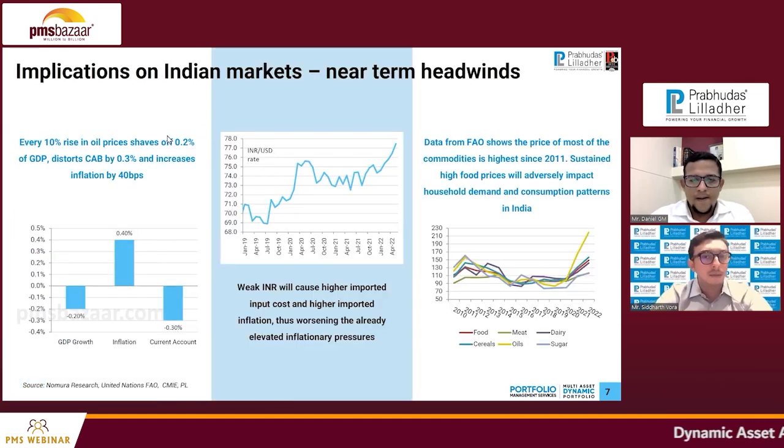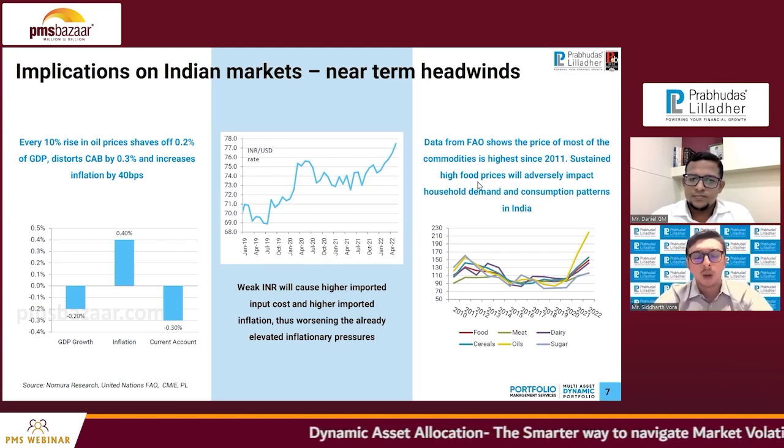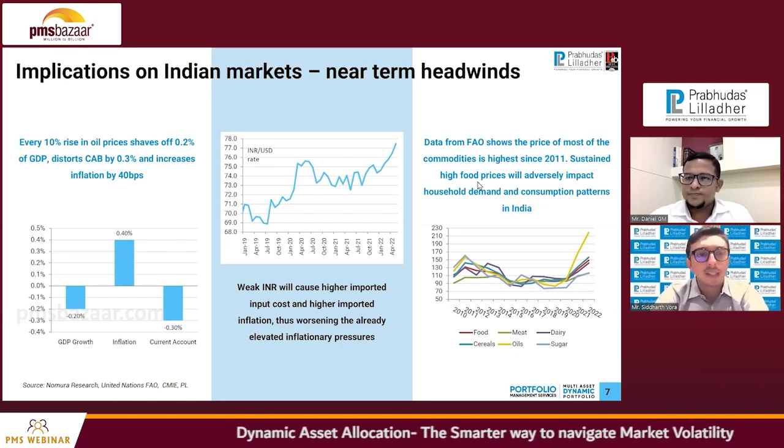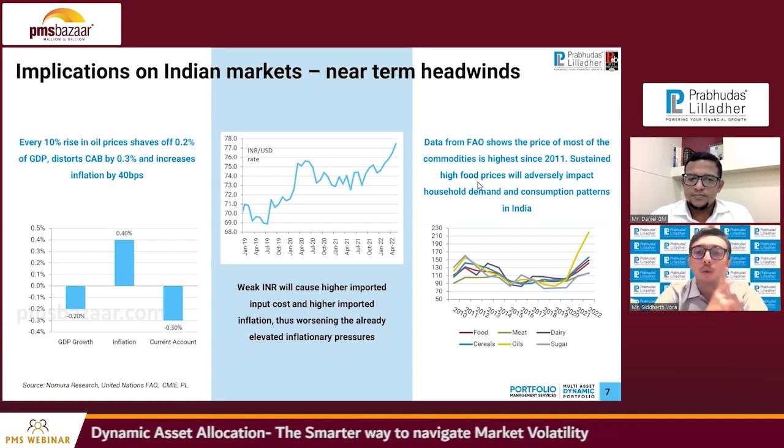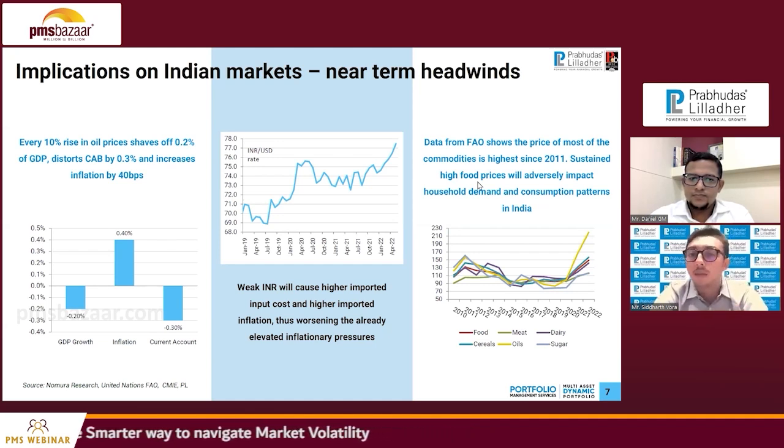And even when we look at Indian markets, we see that crude has negative bearing on how GDP growth numbers, inflation, and current account deficits are impacted. So what we've collected here is that every 10% rise in oil prices shaves off 0.2% of GDP, distorts the current account balance by 0.3%, and increases inflation by 40 basis points. So as of now, we are in a crude rise environment, and we need to be aware of these risks